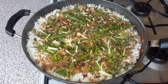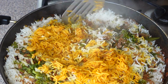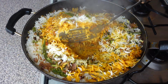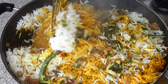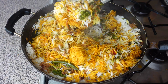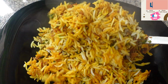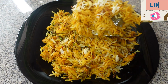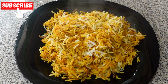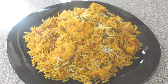Hi guys, so today we are diving into a dish that's bursting with flavor and aroma, the magnificent prawn biryani. Get ready for tender, juicy prawns nestled in layers of fragrant basmati rice, infused with aromatic spices and a hint of mint and coriander. This isn't just a meal, it's an experience. So if you are craving a taste of India with a seafood twist, you have come to the right place. Stick around because I'm going to show you exactly how to create this restaurant-worthy prawn biryani in your own